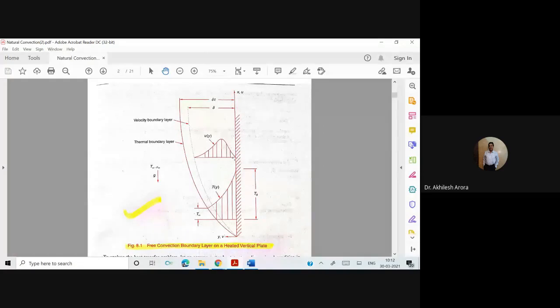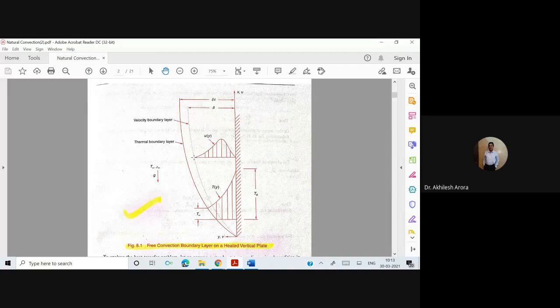So how does the velocity profile of the boundary layer look? You can see, as in the case of forced convection over a horizontal flat plate, the velocity at the plate will be zero. So the same thing is happening here. Okay, so slowly, because of the momentum transfer, this velocity increases and it follows this particular shape, and somewhere in between at this location it is the maximum velocity, and then once again it starts reducing and becomes zero, or say it is equal to the free stream velocity.